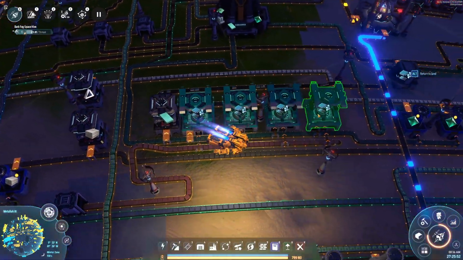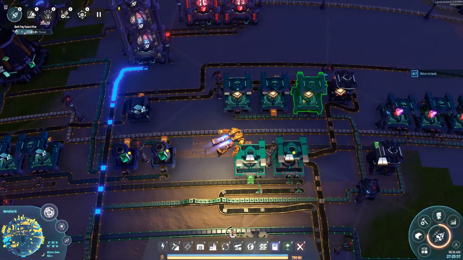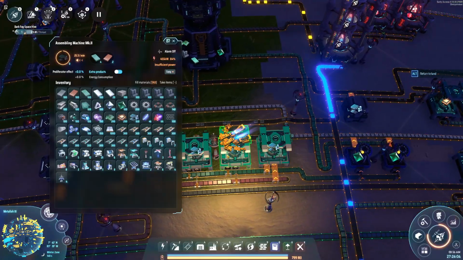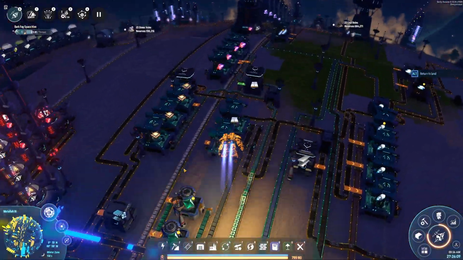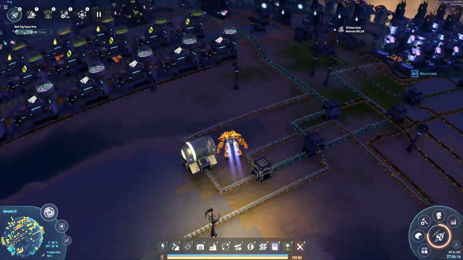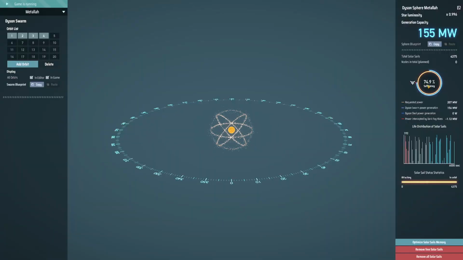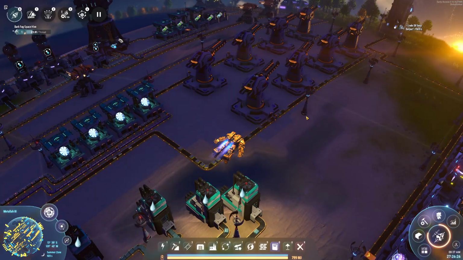We got 4 components being made. Processors are actually sufficiently supplied, so that's good. Everything seems pretty good, actually. Too good to be true. We could launch more solar sails, since we're at 75 now. But I don't think we even have enough...